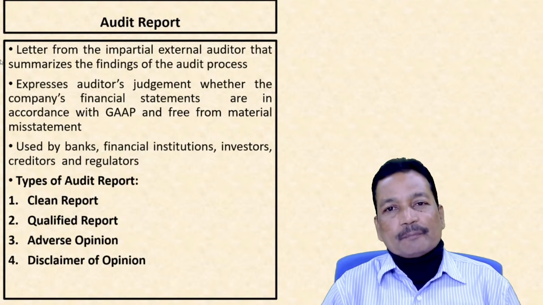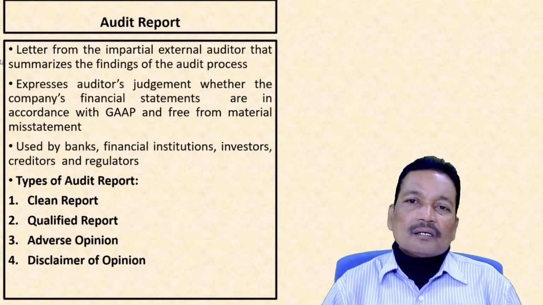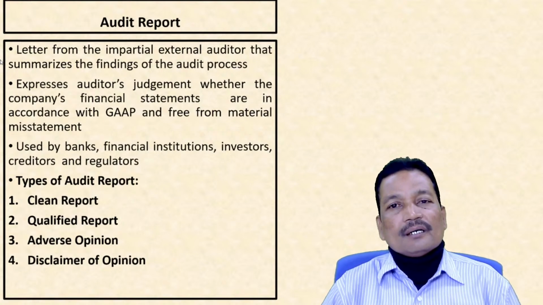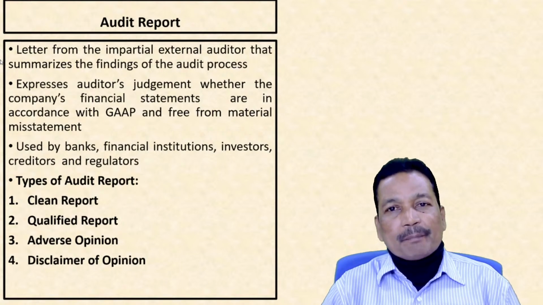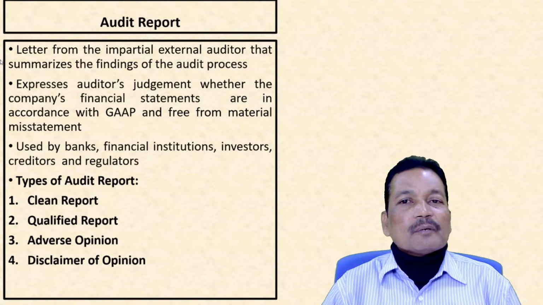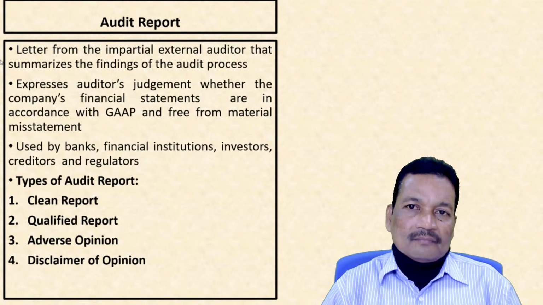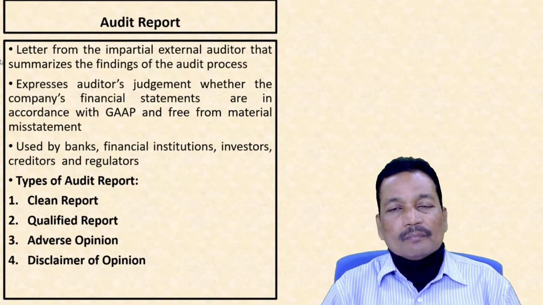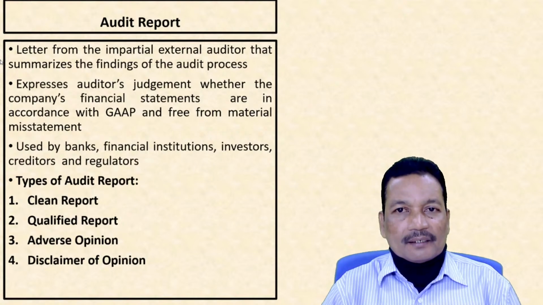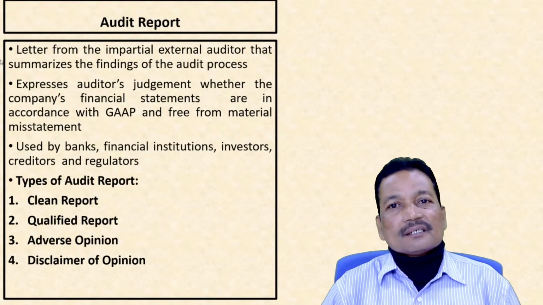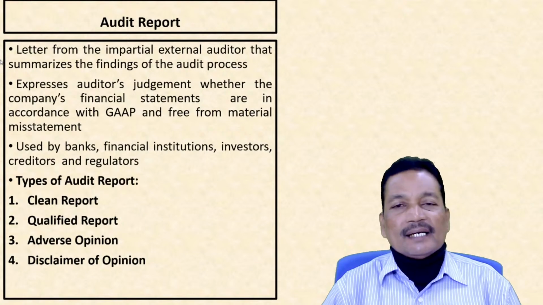Second is qualified report. Sometimes what happens, small misinformations may be there or wrong informations may be there, which may not have a negative impact on the overall deliverables of the projects or achievement of the project objective. Now here some kind of the misstatements are creeping in without having any impact. So there the auditor gives a notion called as qualified report.